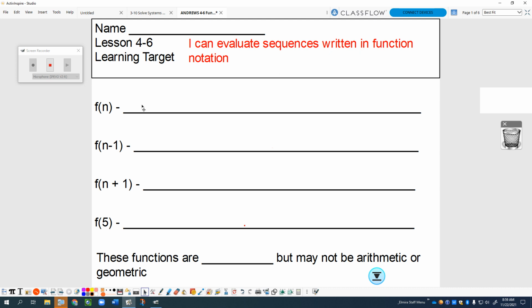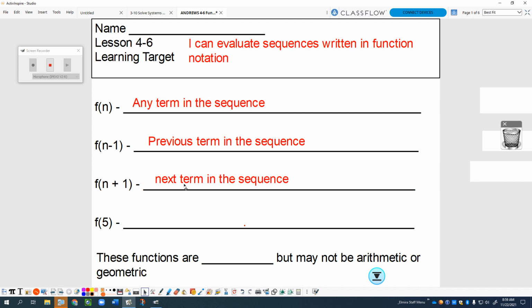F of n, and that's exactly how you say it, is representing any term in the sequence. F of n minus 1 is the previous term in the sequence, so the term before. F of n plus 1 means the next term in the sequence. If you see f of 5, it means the fifth term in the sequence, so the term number will be